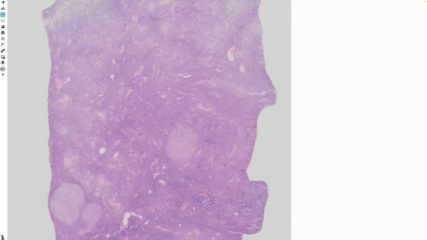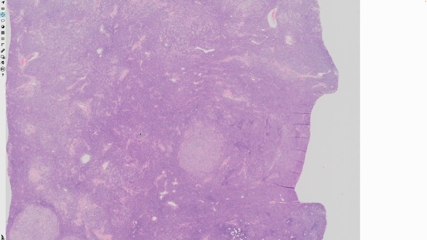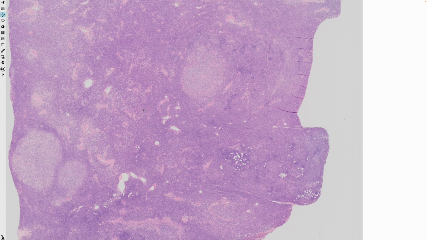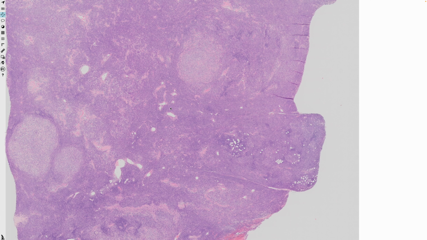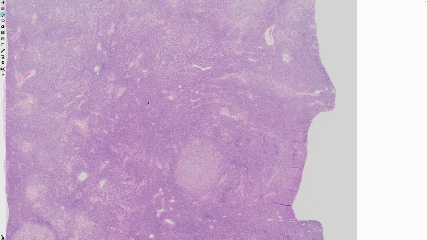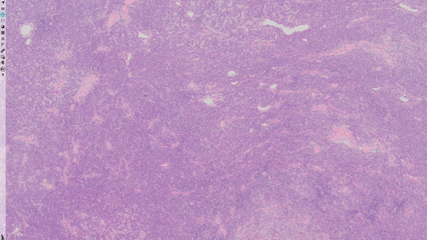The lymph node tissue is here, as we can see right here. Histologically, what we can see is that this is not a normal lymph node, because it has an effacement of the nodal architecture, and we can see the nodular and also, in the background, diffuse proliferation of cells. If we go to higher power, we can see that these